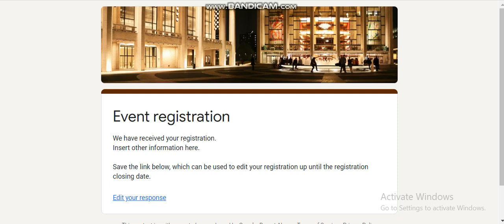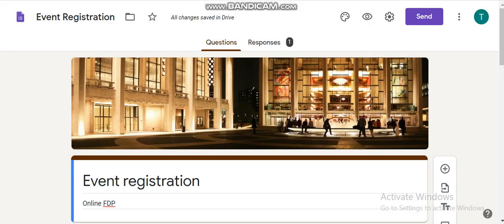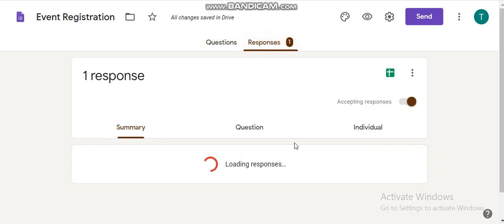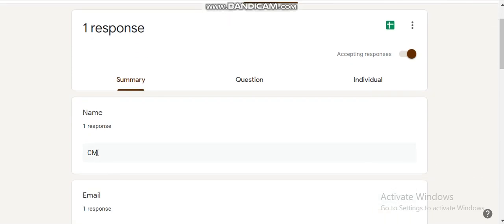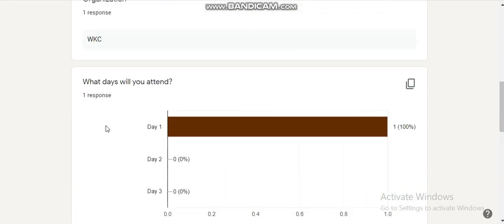Now come to your event registration window. As I already said, there will be two tabs: the questions that you have given at that time, and now you click to see the responses. There will be a number that shows the number of responses received. Just click that Responses button. Here you can know how many responses you received for this mail. As a demo, we gave a response through only one person, which is received here.